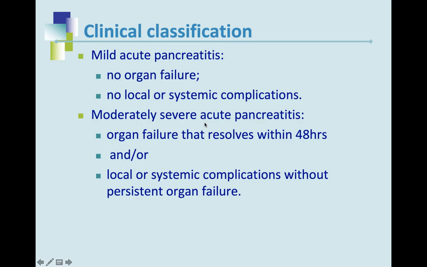In moderate to severe acute pancreatitis, there will be evidence of organ failure, like if there is raised creatinine and urea, it means that the renal system is going towards failure. So there may be evidence of some organ failure, but when you perform tests after 48 hours, there will be resolution of that. So that organ failure was developing, but it was controlled due to routine standardized treatment. And there may be some local or systemic complication like respiratory or cardiovascular complication, but there is no persistent organ failure.